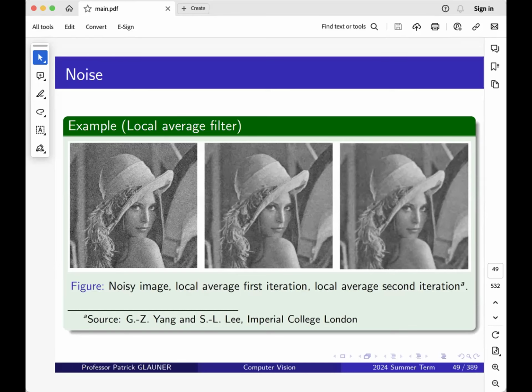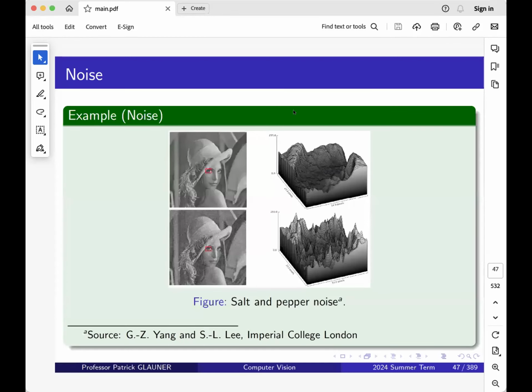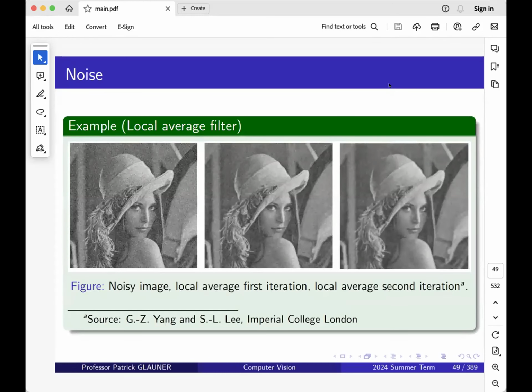And the image is more and more blurred, so it's less detailed. And if I apply this 10 more iterations, it will be totally blurred. And then obviously detecting edges in it is also more difficult, because edges are a change of intensity, and changes of intensity are blurred by applying the local average filter. So don't apply the local average filter over and over again, because it may help a little bit in the beginning to get rid of these very sharp edges or these very sharp noises like we see here. But if you do this over and over again, the image just becomes totally blurred,